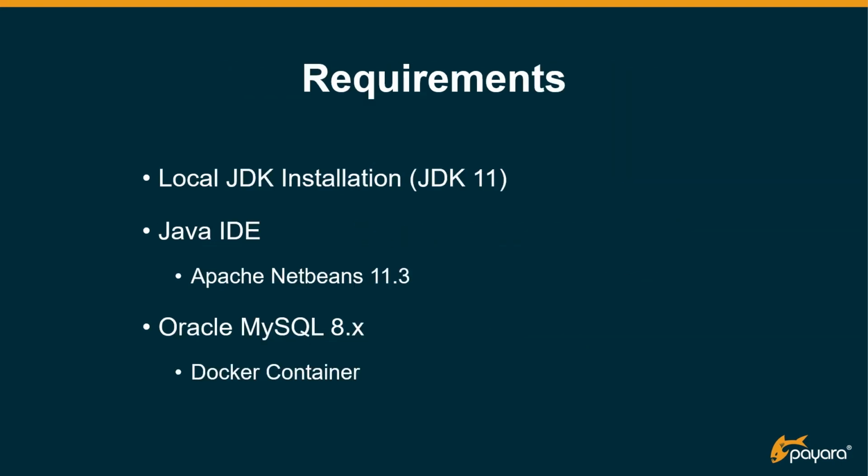For this tutorial, you will require the following. First, have a local JDK installation, preferably the current long-term support release of Java, which is JDK 11. Have a Java IDE, which will allow you to quickly code and configure your application. By preference, I'm going to use Apache NetBeans 11.3, which is the current development release. And you will require a relational database. In our case, we're going to use Oracle MySQL version 8, whichever update you prefer. However, in my case, I will use a Docker container since that is much easier to use in a local